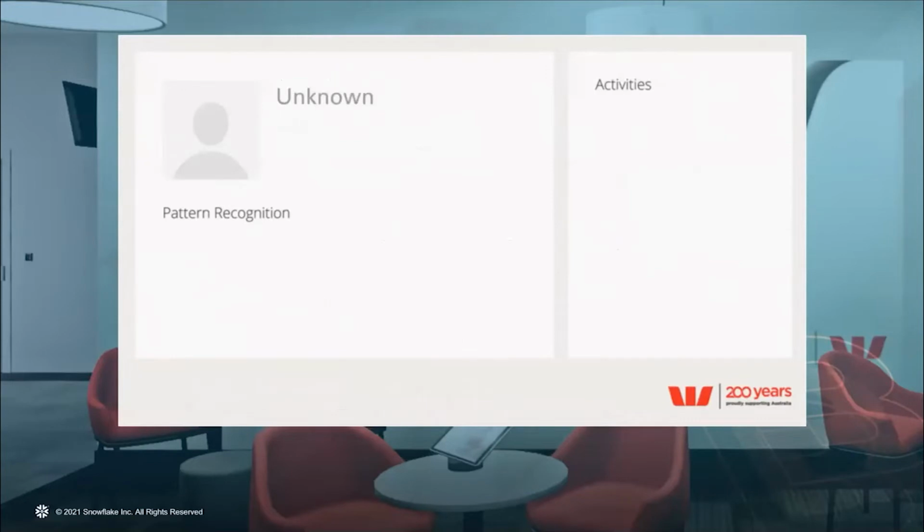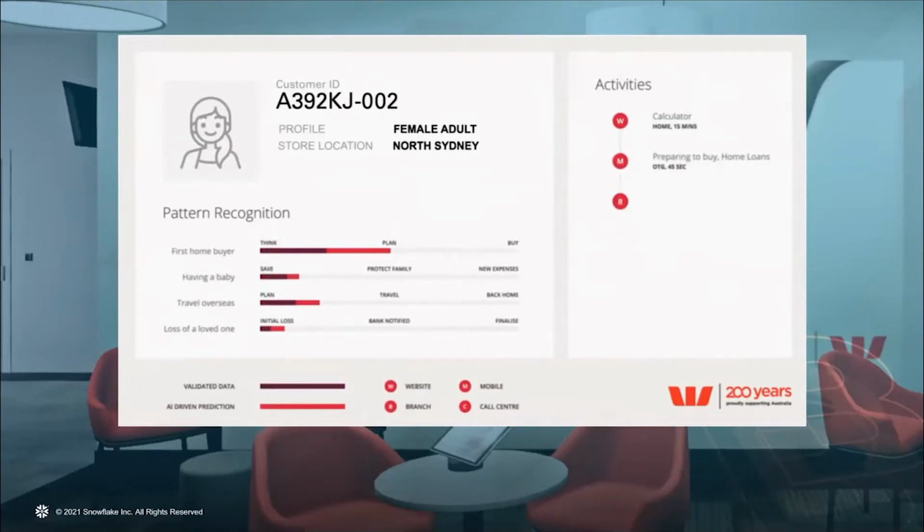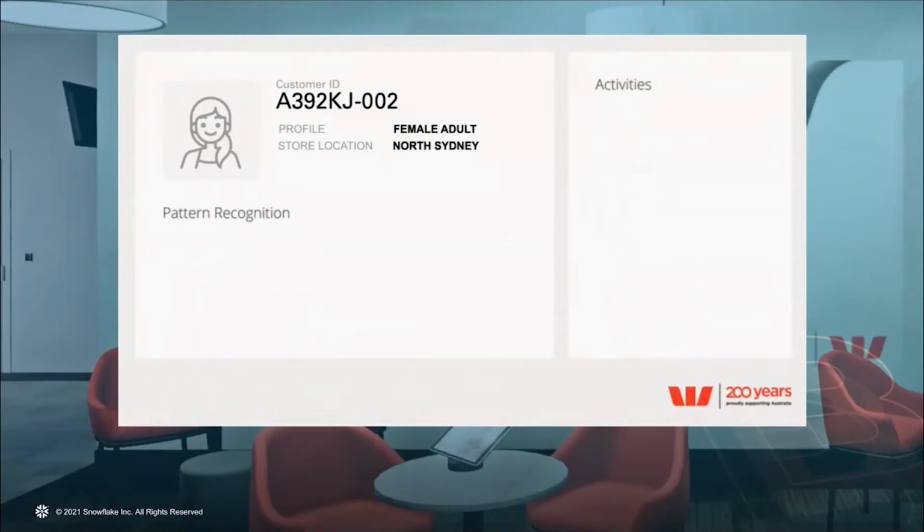We start to differentiate: are they going into smart ATMs? Are they going into transaction areas? Are they going into discovery areas where they want to discover new products that might be able to help them? Or are they engaging the bankers and maybe potentially talking about home loans, personal loans and wealth management? What we have discovered is this: